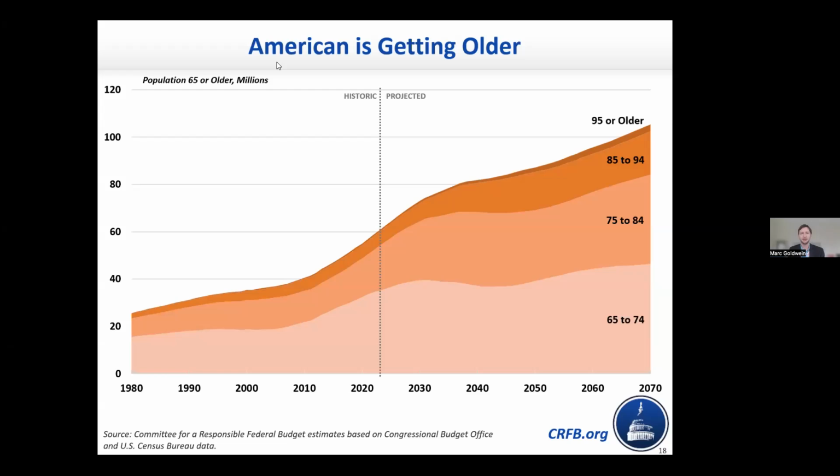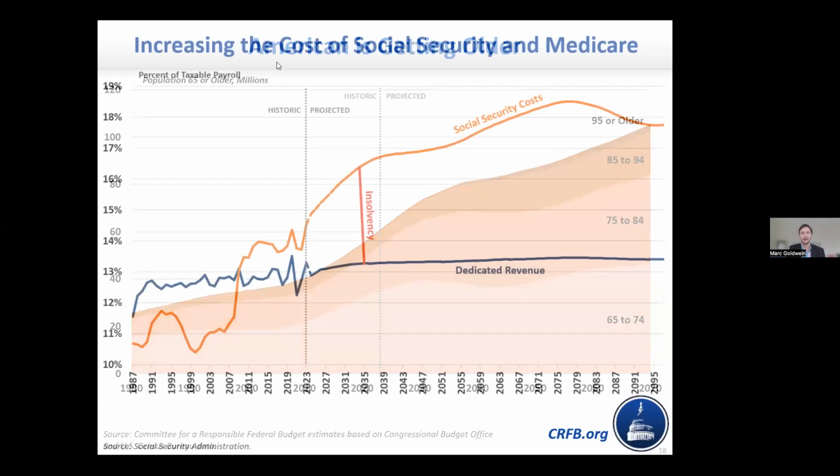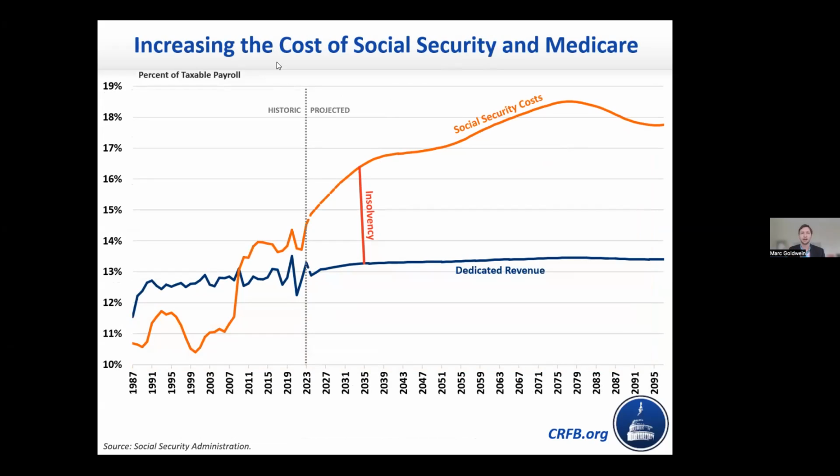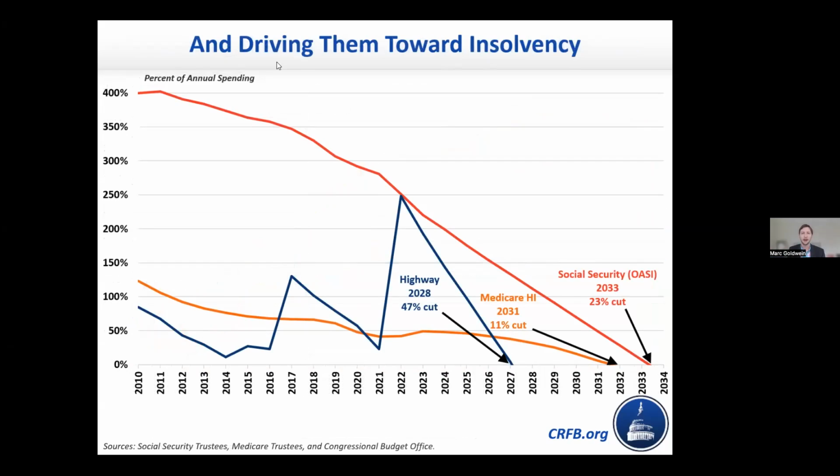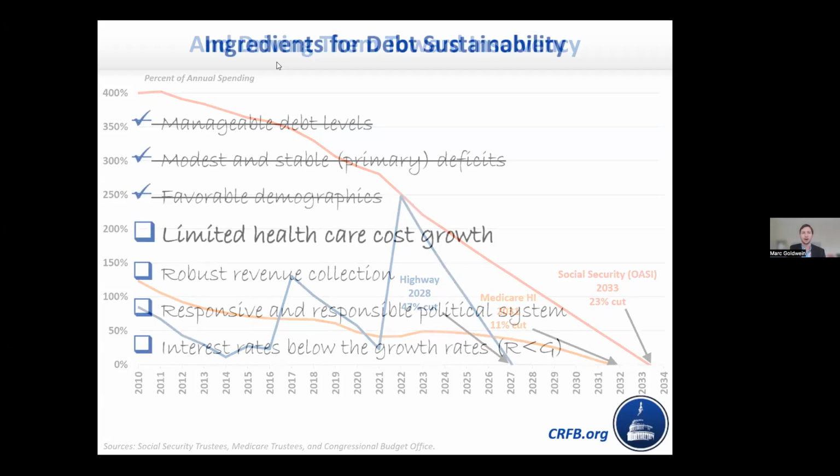They're making things more expensive. They're reducing our growth. They're reducing our revenue intake. And side note, but a really important one, they are pushing Social Security on a path towards insolvency. Medicare as well. Within 10 years, both of those programs' trust funds will have run out. That doesn't mean the programs disappear, but it does mean that the law requires a deep across-the-board cut or else substantial borrowing from the rest of government. That would require a new law. You can see here, Medicare is projected to run out in 2031, hospital insurance program, Social Security old age program in 2033. This is mainly, but not exclusively, driven by the demographics.